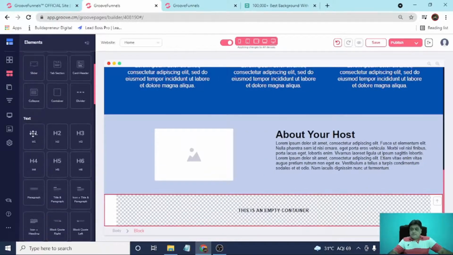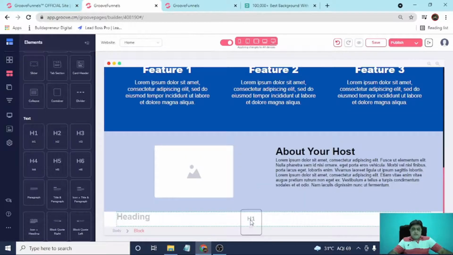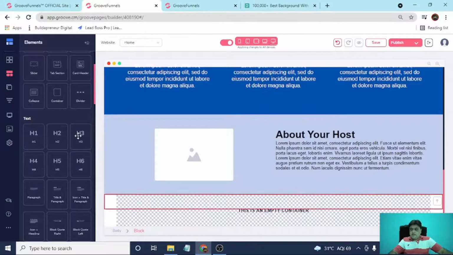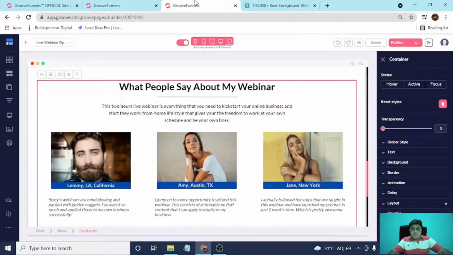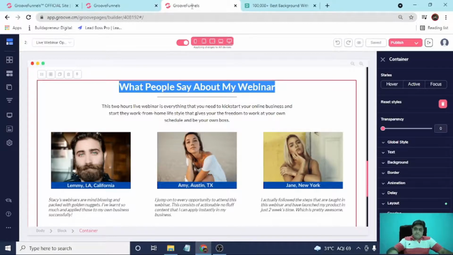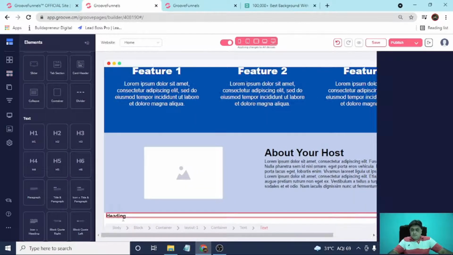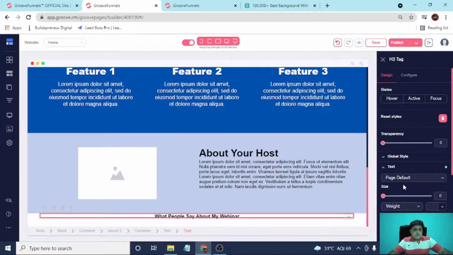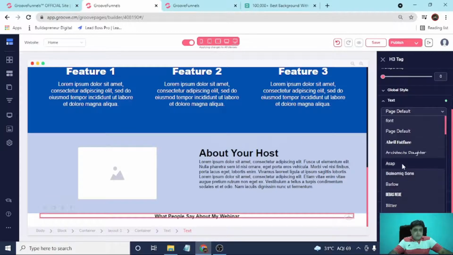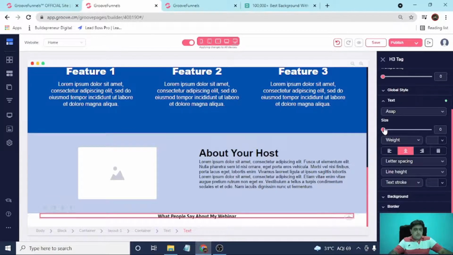Now select the text as, let's suppose, H3. Copy this text. I am doing this for the video purpose, guys. You can change it according to your requirement later on when you receive it.